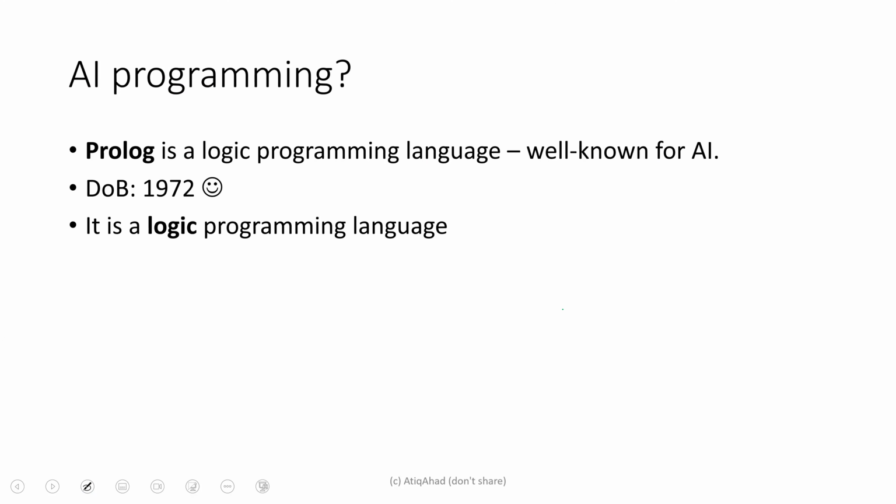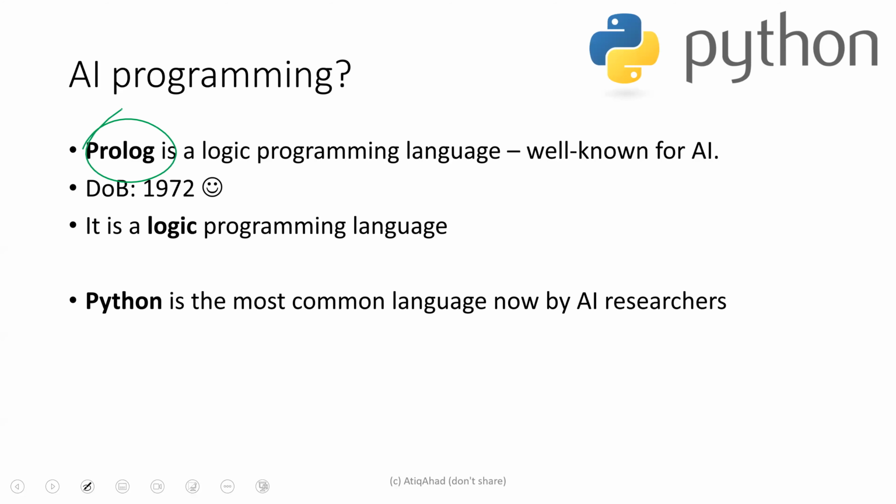But AI programming, a long time ago, Prolog: when we studied AI before, we studied the Prolog logic programming language as well. It was very well known a long time ago and so on. But even though Python is old, probably 1991 or something, it is named not after the snake python, but after Monty Python in the UK, probably.